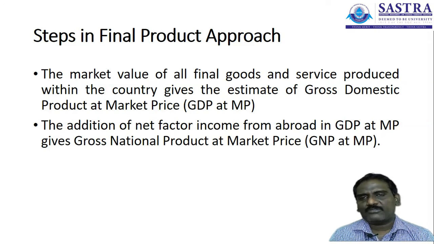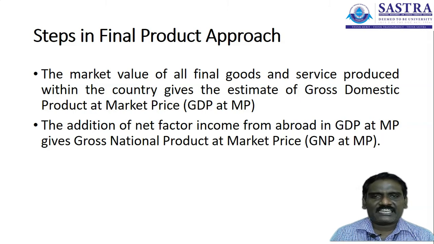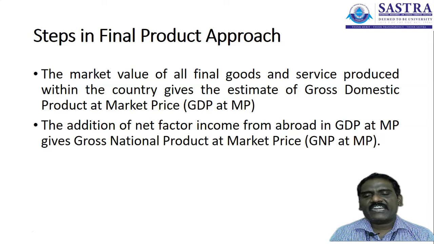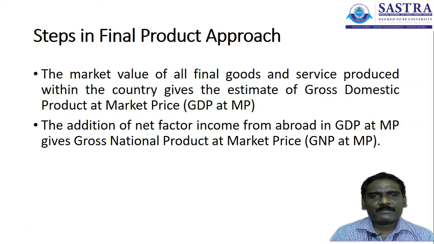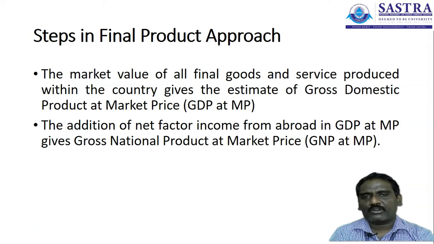Thereby, what would be the income generated and what would be the kind of services realized from the foreign nationals. For that, what would be the income paid by the country. Together we can subtract the income received minus income paid, and we get the net national income from abroad. With that, we add the gross domestic product at market price plus the net factor income from abroad, and you get the gross national product at market price for the calculation.